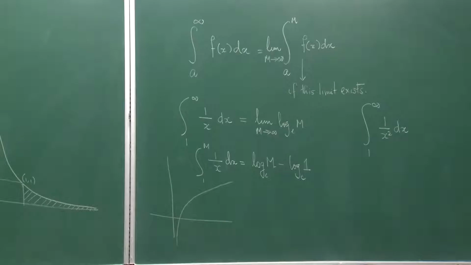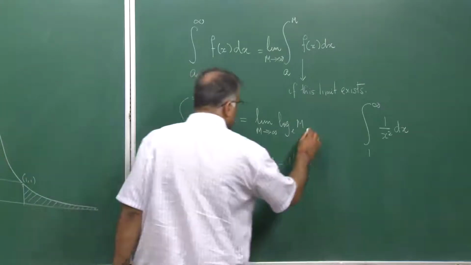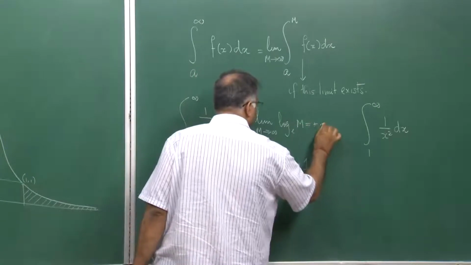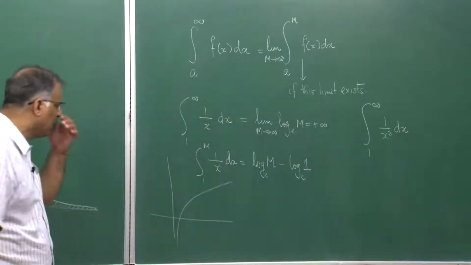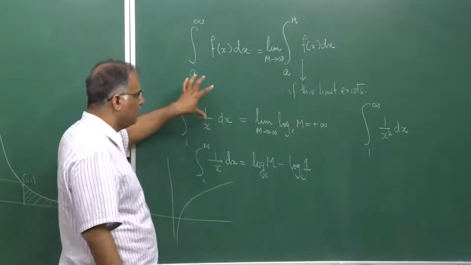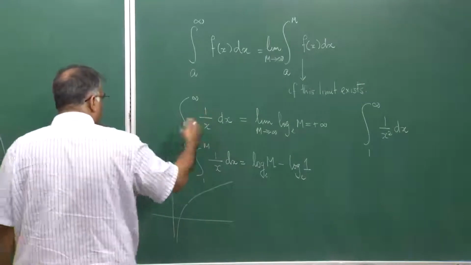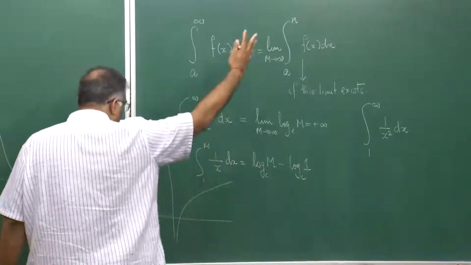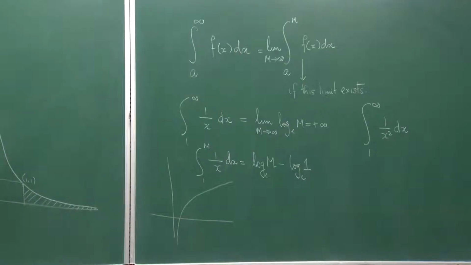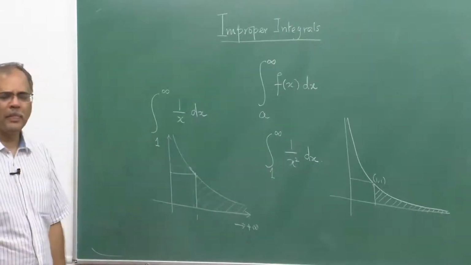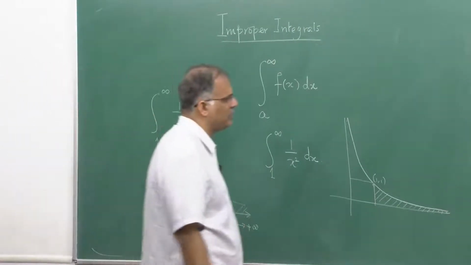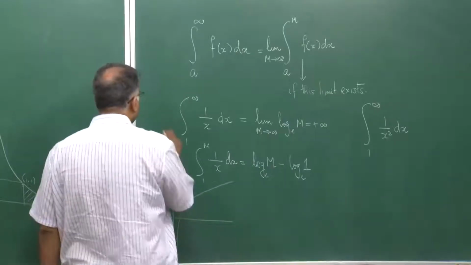So, what have you done there? So, you are showing that this is actually plus infinity, the limit finitely does not exist. So, this integral does not give us an area, the area under this function when the limits are unbounded, one of the limits is unbounded on one side, does not give me a finite area, which looks quite natural by the diagram. So, we say that this